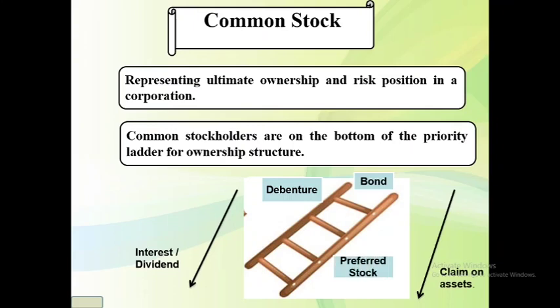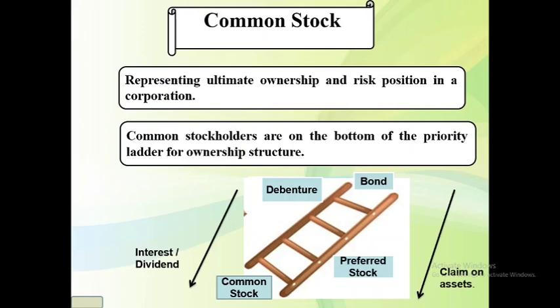bondholders. Preferred stockholders are in the third position because they will get dividend before common stockholders and they have the right to claim on assets before the common stockholders. And at last, common stockholders are in the bottom of the ladder. That means common stockholders will get dividend, if any, after satisfying all the investors, and they also have the claim